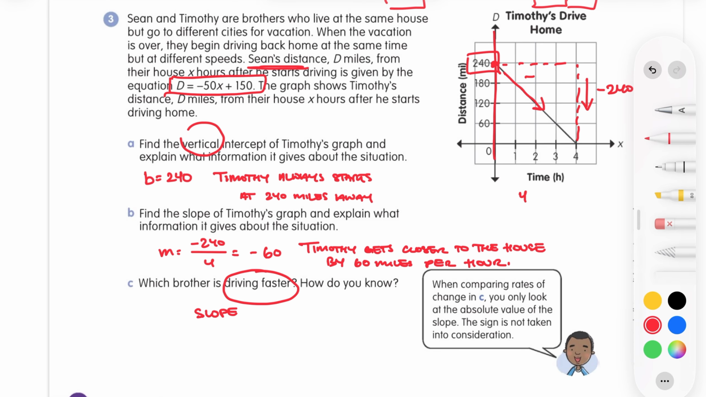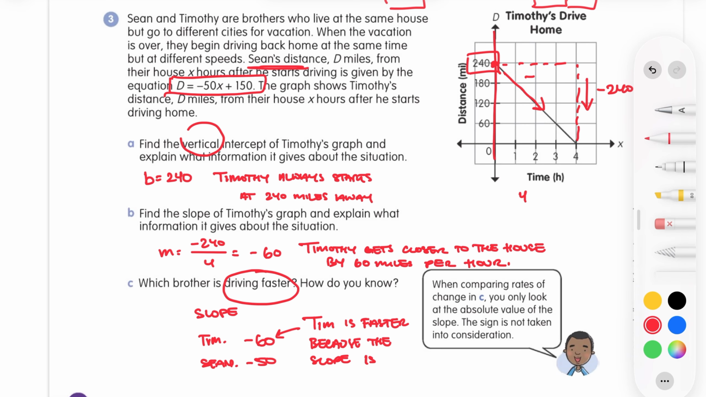So now we know that for Timothy, he's going at negative 60, right? Timothy. And Sean is going at negative 50. So who's going to get home faster if they start at the same place? Well, you're going to see this right here, all right? So Timothy is faster because the slope